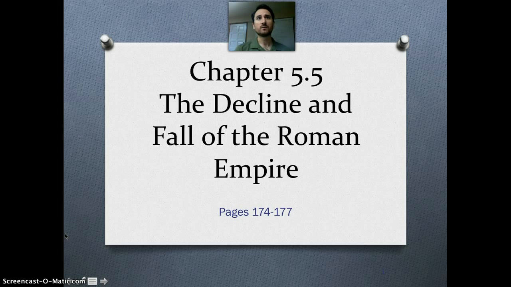How does this fit in with our pirates? The decline and fall of the Roman Empire would cover every single aspect of our pirates, but it's not the highlight of the civilization. It's not the peak of the culture. So I don't think that it's necessary for you to include anything from this section in your pirates or in the website. Okay, it is an important topic of study because we like to understand why civilizations rise to power,